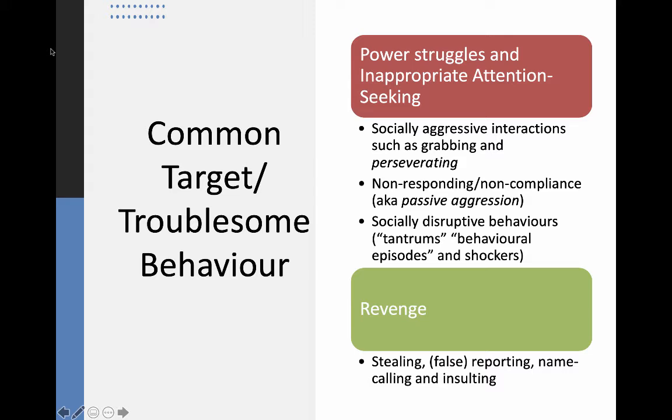These behaviors can include things like socially aggressive behaviors. Now again, I'm not talking about physical aggression. I'm talking about people that don't quite know how to get other people to listen to them. Maybe they grab clothing or tap your shoulder for too long. Maybe they step into your personal space, ask questions that are too personal, or put their face right up to you. Maybe they hug people who don't want to be hugged, or hug the wrong people like strangers.